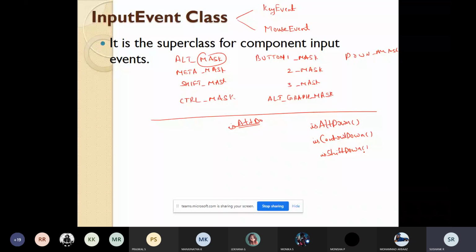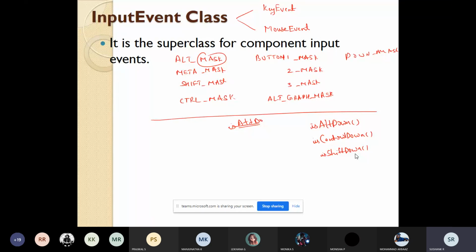I'm writing these methods to test if a key was pressed at the time the event got generated. And you can also obtain the values for all these modifier flags by calling the getModifiers methods.